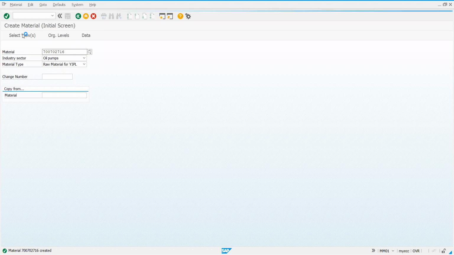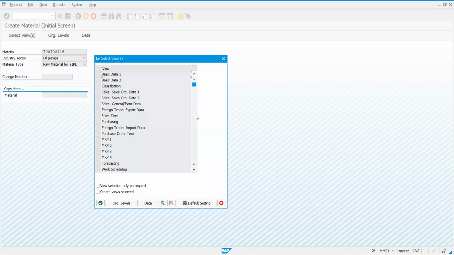Then take the material, go to select views.